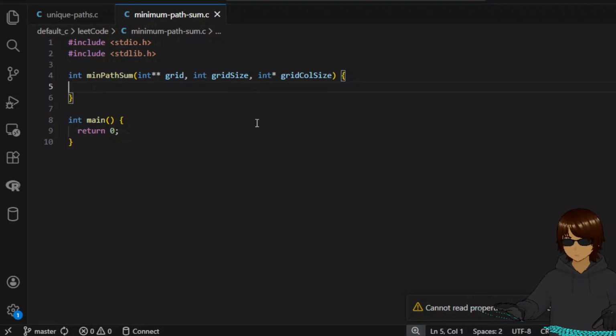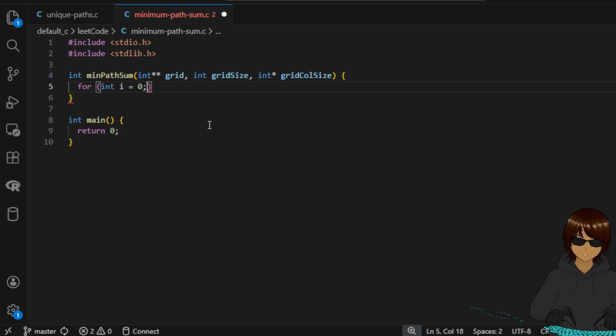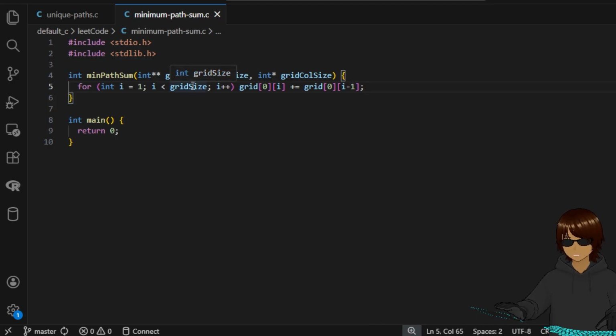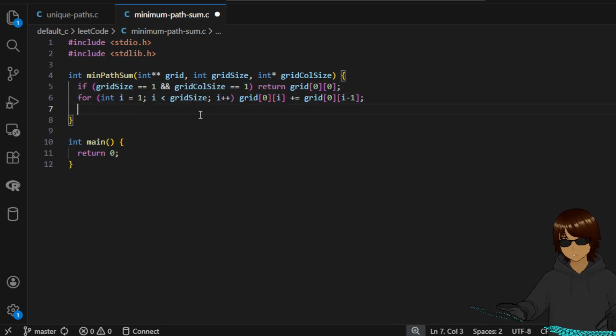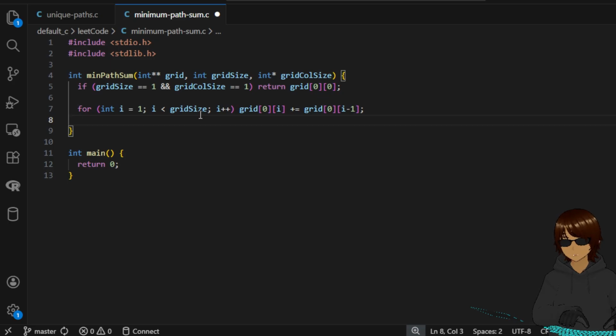Alright, so how I want to implement this is I will do a for loop. Well, the m and n are given to us. First, I will loop through the first row. So for int i = 0. Okay, so what this line is doing is that at the first row, which is row 0, it's adding the previous element to the current element. And this is just for the first row. Let me add the base case. And let me add another base case if there is only one row.